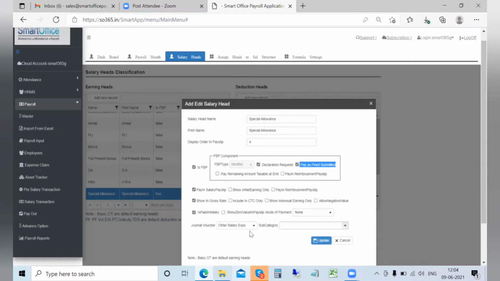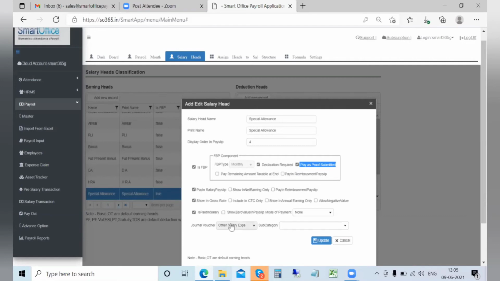There are a few more cosmetic options which can be used for payslip modifications, or the way the payslip presents some of the information. So if you want any head to show in the payslip, you would check this. If you want it to show in the reimbursement payslip, you can check this option. If the amount has to be put directly to net earning, this would be used. Similarly, the rest of the options are available here.